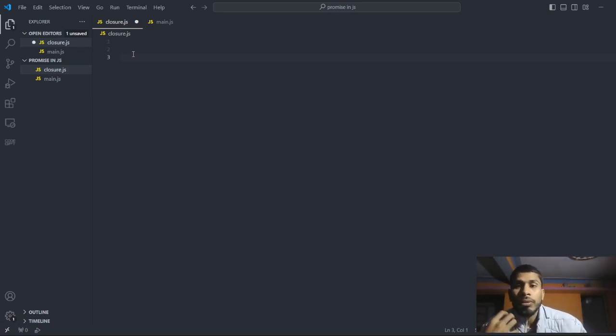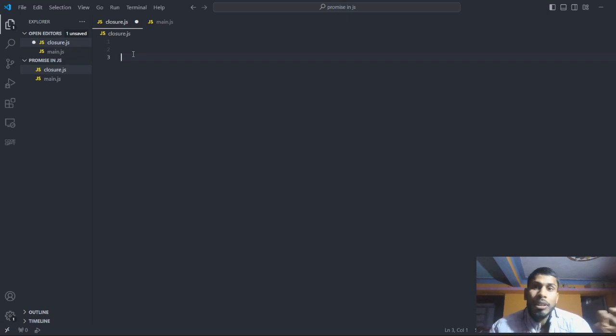If I really want to explain the closure, it's nothing but the function bound together with its lexical scope. Either we can say its environment. So function with its environment, closed and bound together, is known as closure, right?